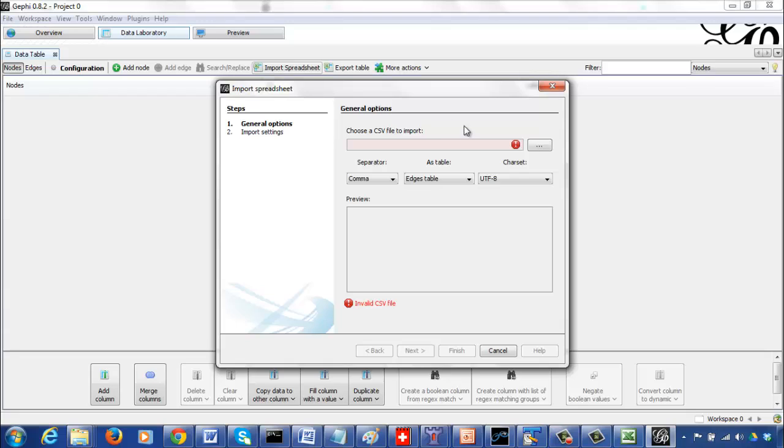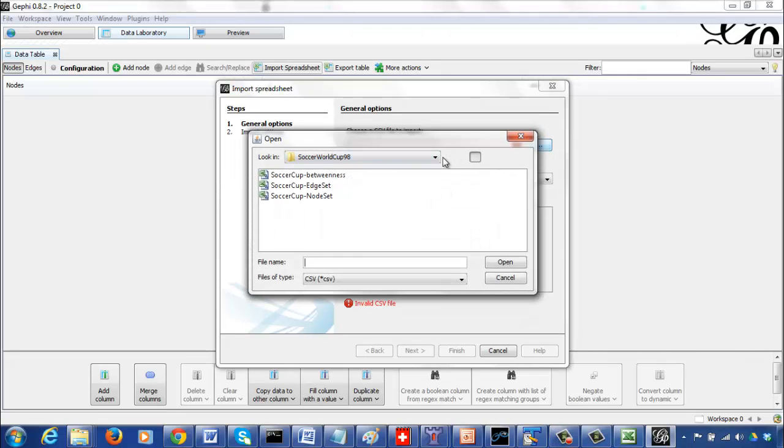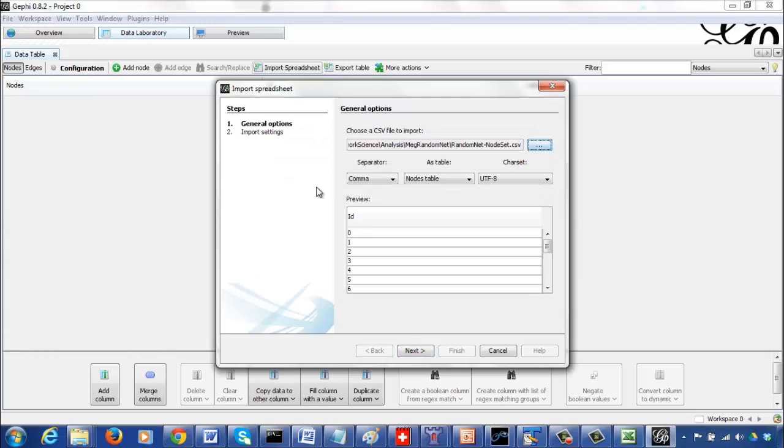So I click on this and make sure you select nodes table and click on this. Sometimes this is a GUI Java applet based thing, so sometimes the icons won't show up, but you can go back and select your node set. So these are your 20 vertices, and if there's any problem it will say an error, but everything is fine